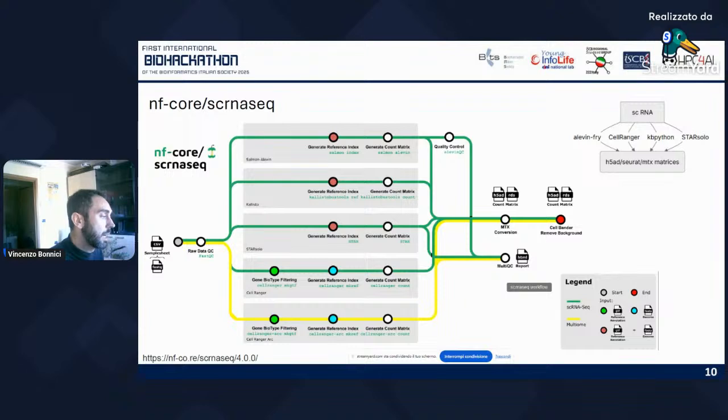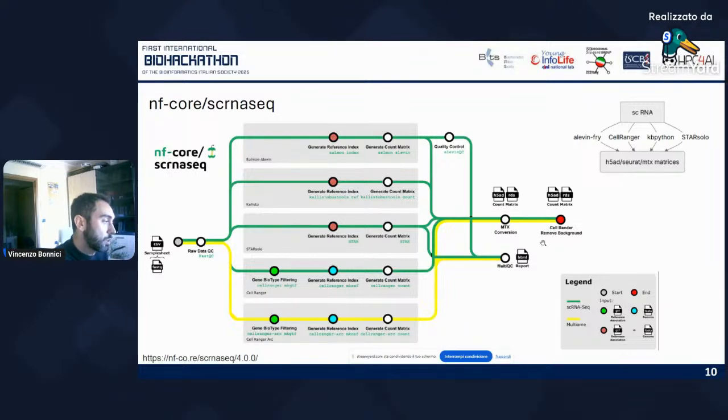Quality of your data is a normal MultiQC analysis that you can find in any other tutorial, and you can get an idea about the quality of your data. And of course, the aim of this pipeline is to combine all of the results into a single matrix that you can use. And in this specific pipeline provided by nf-core, there is one of the tools of the Cell Ranger